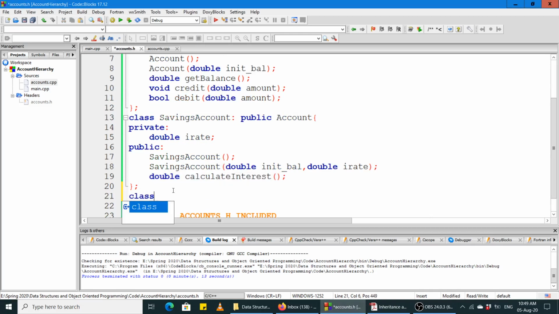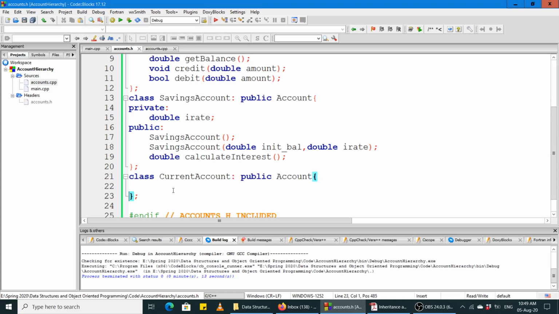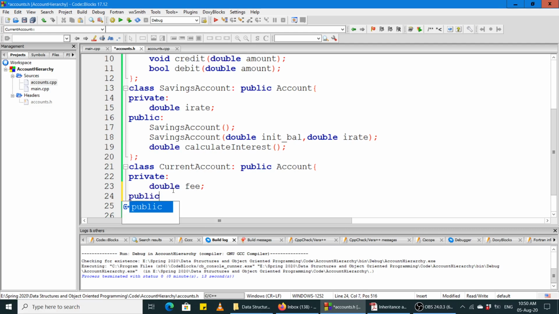अच्छा जी, सो क्लास करंट अकाउंट, एंड करंट अकाउंट जो है ना वो हम पब्लिक इनहेरिटेंस हो रही है यहाँ अकाउंट क्लास से, ठीक है। अच्छा, करंट अकाउंट का एक नया प्राइवेट डेटा मेंबर है। अगेन मैं वो आपको सारी चीज़ें नहीं डेमोन्स्ट्रेट करूंगा कि कैसे करंट अकाउंट क्लास में सारी वो एट्रीब्यूट्स और बिहेवियर इनहेरिट हो गई हैं ऑफ द अकाउंट क्लास, वो ऑलरेडी हम सेविंग्स अकाउंट क्लास के केस में कर चुके हैं। सो यहाँ पे उसको रिपीट करने की ज़रूरत नहीं है। यहाँ सिंपल हम एक प्राइवेट डेटा मेंबर फ़ी ऐड कर देंगे, ठीक है।